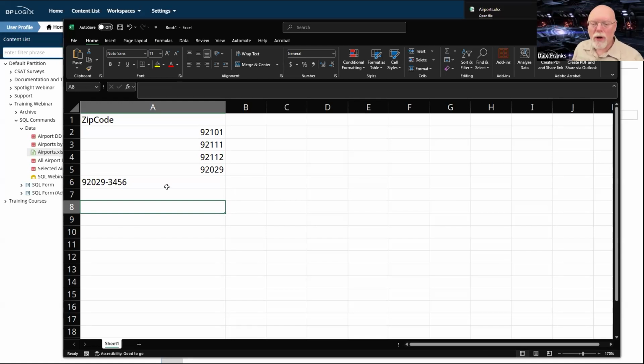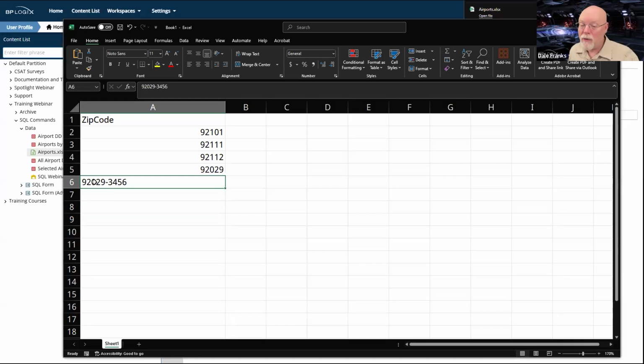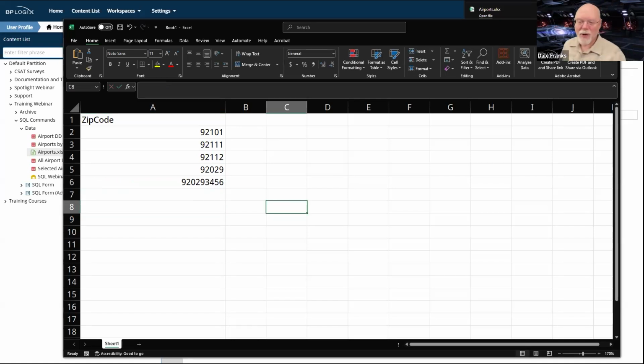But the reason why you want to treat them as text is for ordering purposes, because in point of fact, 92029-3456 is a subsidiary part of the 92029 zip code. But if you bring it into SQL Server, what SQL Server may think this number is, is 920293456. I think what it does is it just blows past the minus sign and gives you all of the numbers.